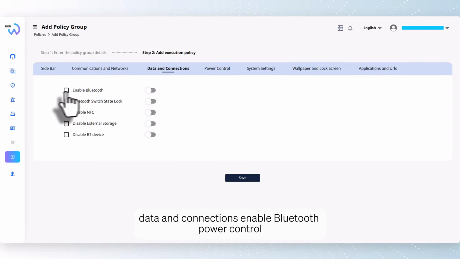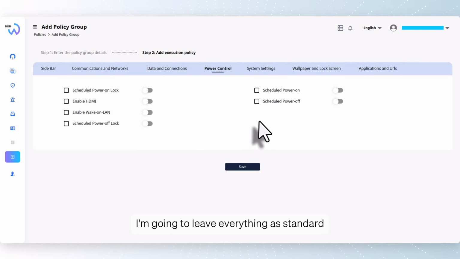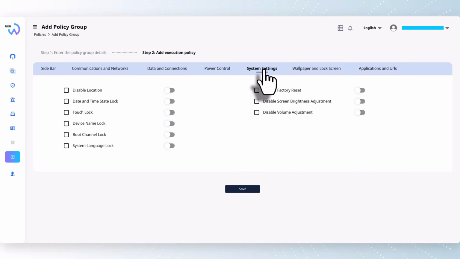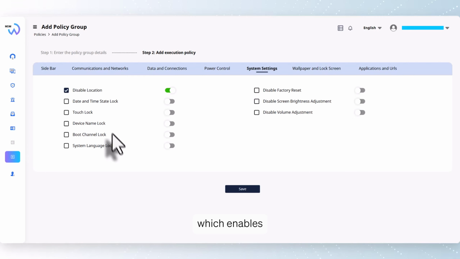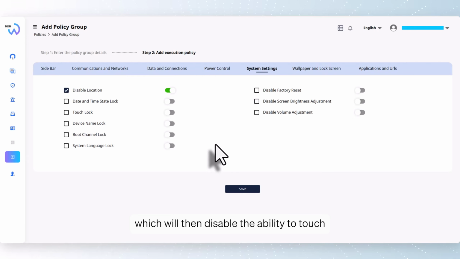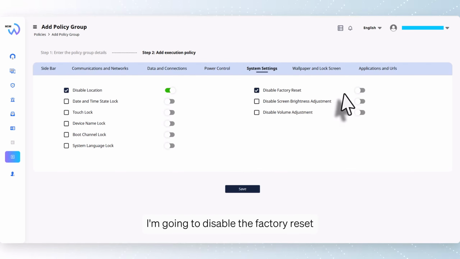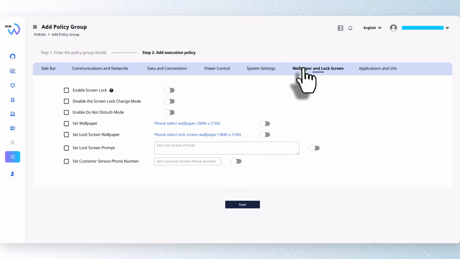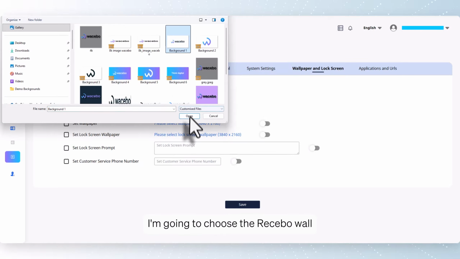Data and connections, enable Bluetooth. Power control, I'm going to leave everything as standard. System settings, you can disable location should you wish to. Touch lock, which will then disable the ability to touch. I'm going to disable the factory reset, and then we have the wallpaper. So you can choose your designated wallpaper. I'm going to choose the Wacebo wall,